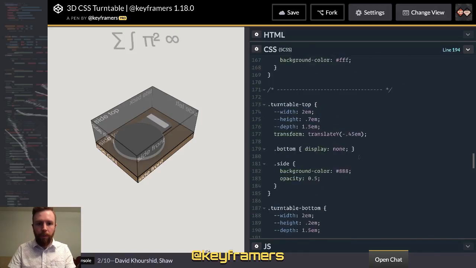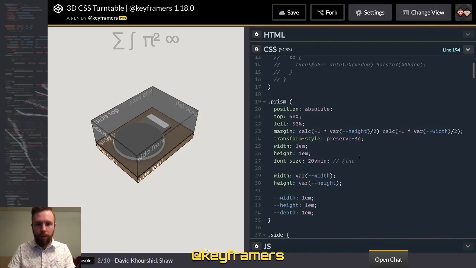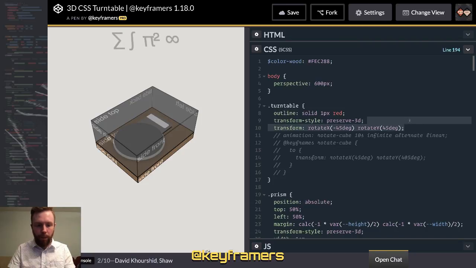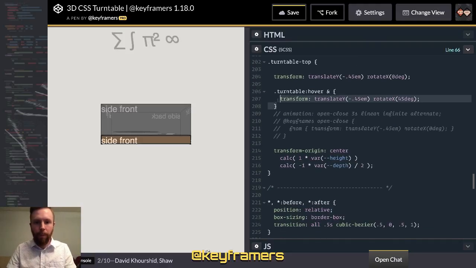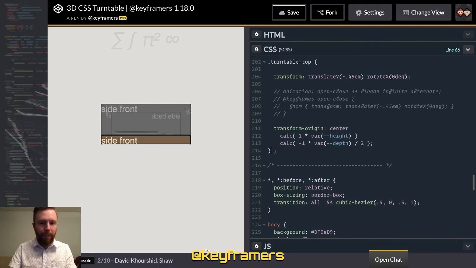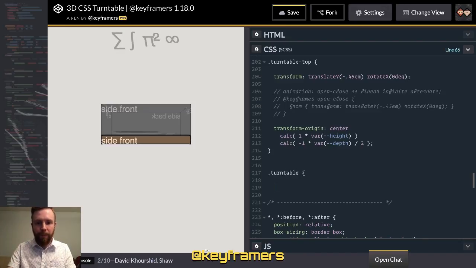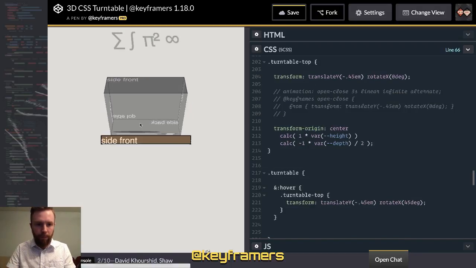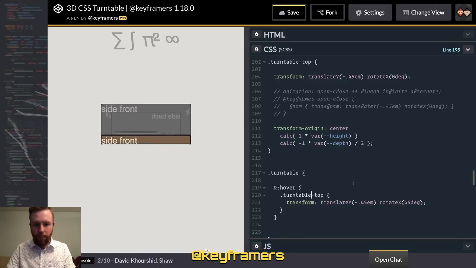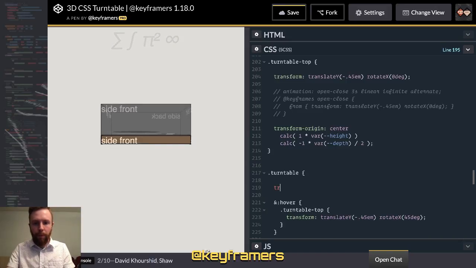And what we can also do is hover here from turntable. And let's move. It's not nearly as impressive from the front, is it? Turntable. And then hover. There we go. All right, so turntable, we want to start out